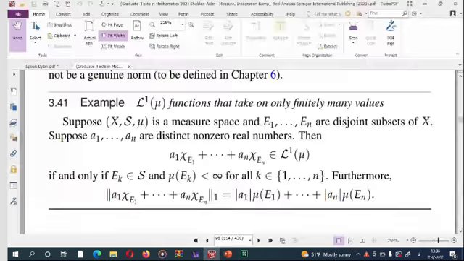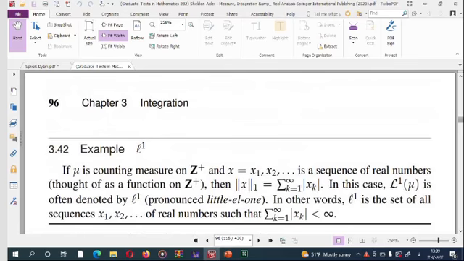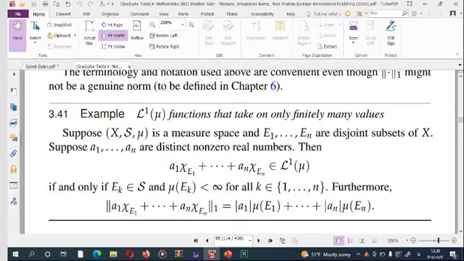So this condition implies and guarantees that this function is S-measurable. And this condition guarantees that the integral of this is finite. Furthermore, this norm equals this summation. Because